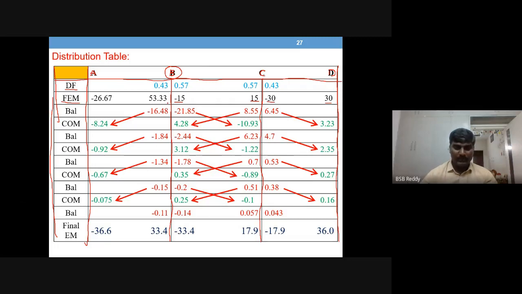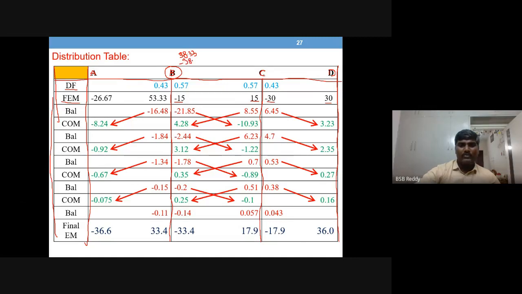53.33 minus 15. 38.33 is the remaining value. That is a balance there. 38.33 is the balance. Okay. So what you should do, you have to make this as 0. To make that as 0, you have to add